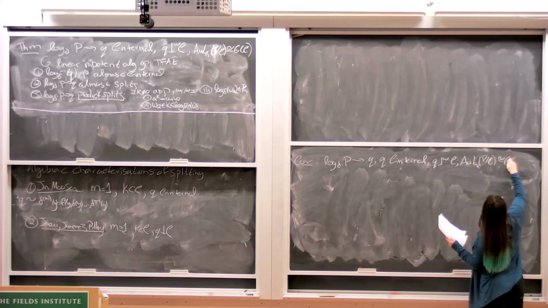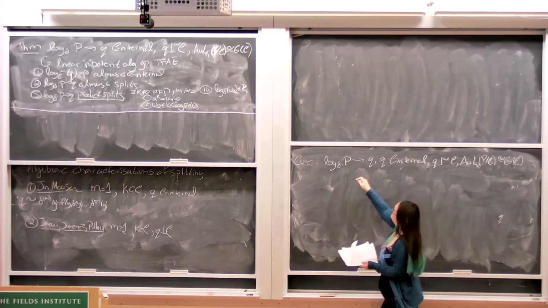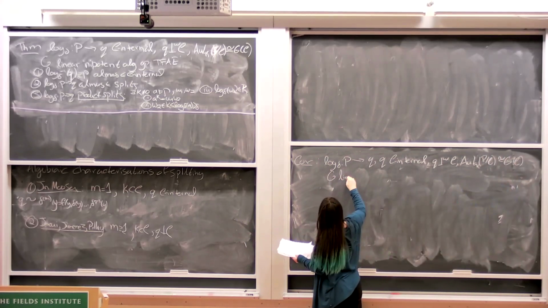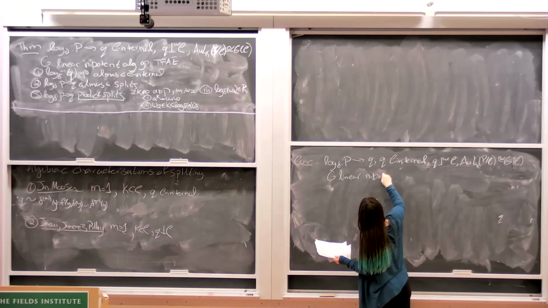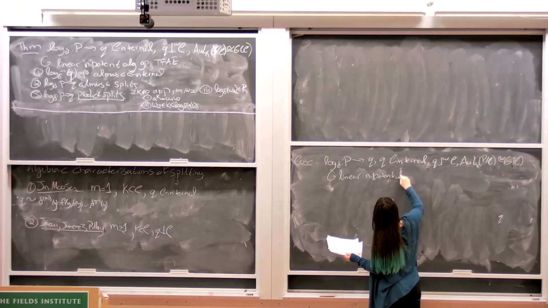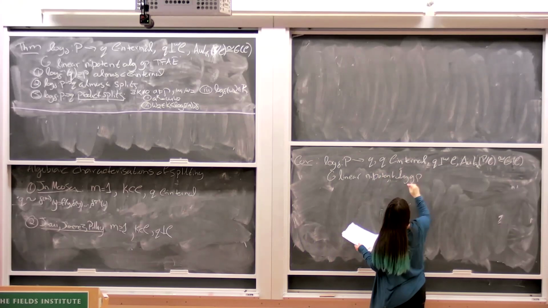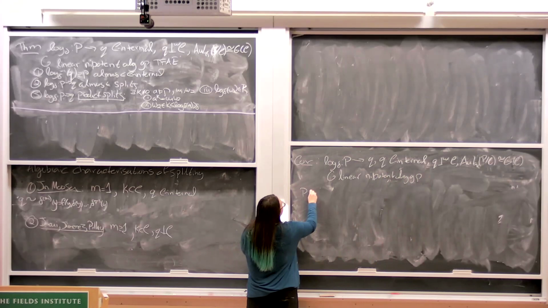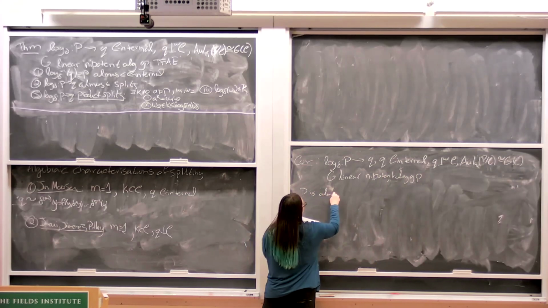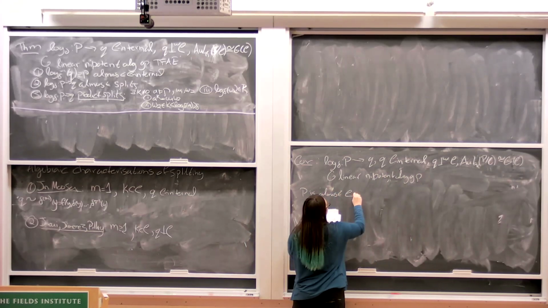So this is G(C), where G is a linear nilpotent algebraic group, then P is almost C internal